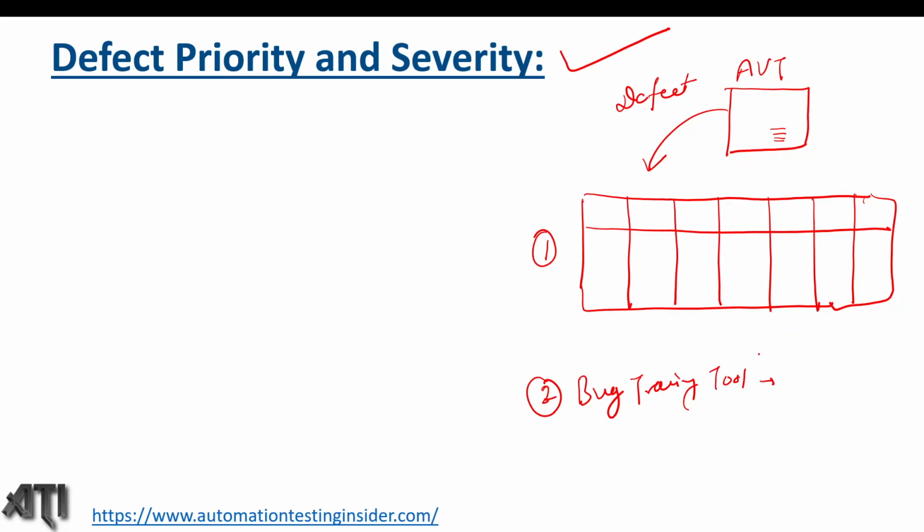Using that we can raise the defect and assign it to a particular developer. So these are the two ways, guys, and we have spoken about various fields in the defect report template. So we have the ID of the defect, the summary of the defect, the date on which we raise the defect, steps to reproduce,